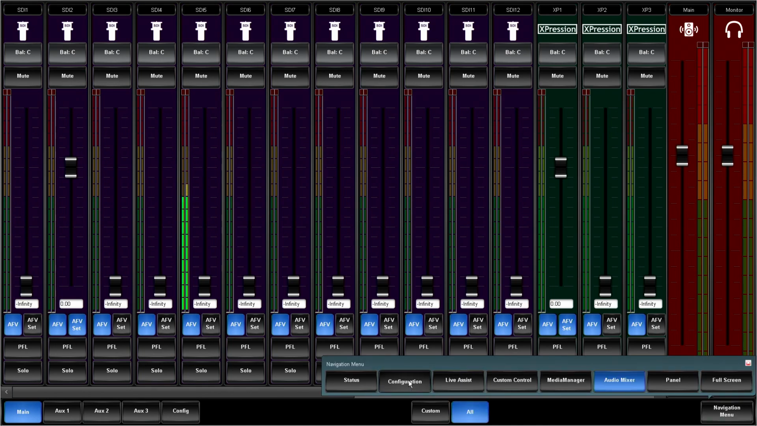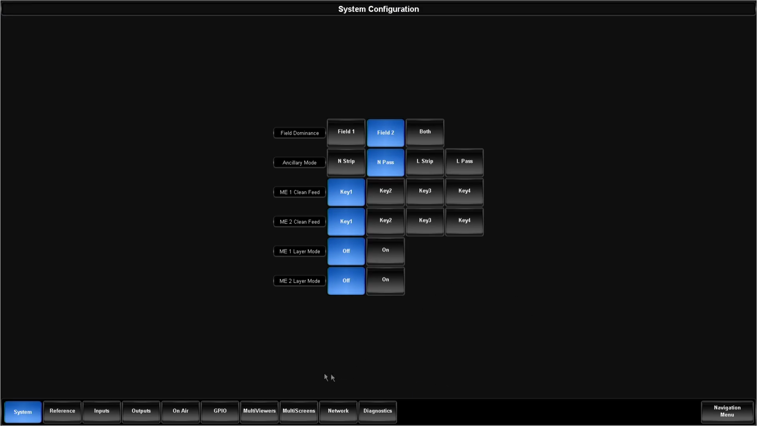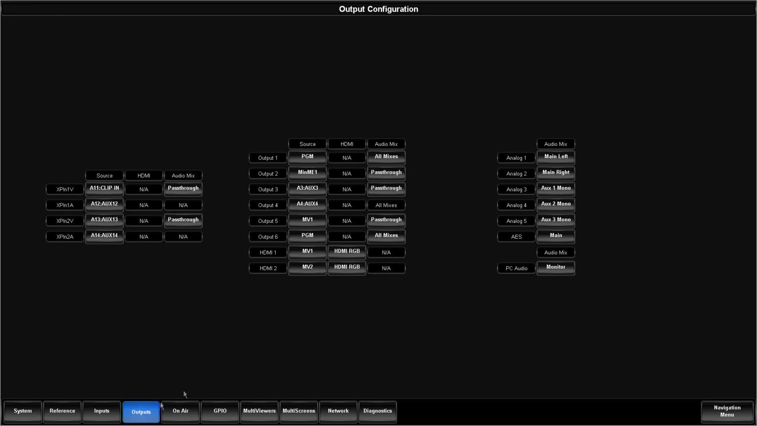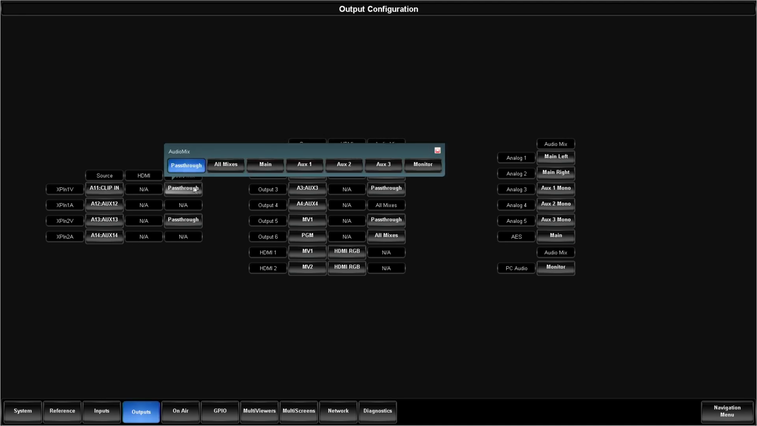So when we go to the configuration menu, this is where on the output tab, we define what each output is going to get. So the video paths that go into the clip store, so being able to record video or use that video live inputs inside of the expression graphics system, those have the ability to select either pass-through to take the audio from the video that's going up to it, all mixes, so embedding them in the exact